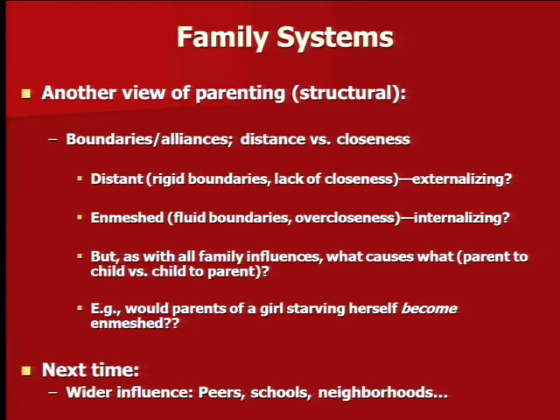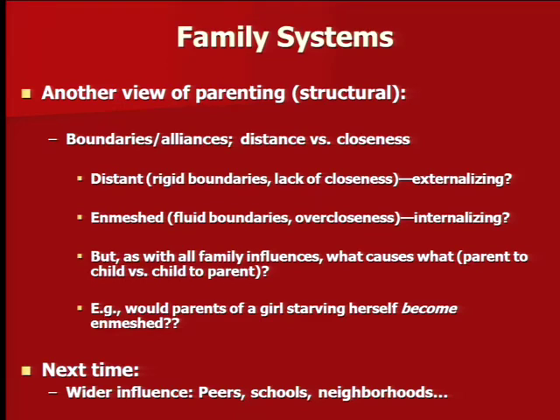It's really interesting. We're not going to spend a lot of time on it, but the research point I want to make is, how do you know that it's the family alliances and boundaries that are causing the externalizing or internalizing behavior, or is it that maybe the family boundaries and closeness and alliances are the result of the kid's behavior? So if you've got a teenage boy who's right on that progression to juvenile hall, stealing stuff, can't trust alone in the home, aggressive, truant from school, maybe you distance yourself. Okay, sucker, you move out then, if you're such a big shot. So is the distant, not much love, big generational divide, a cause of or actually a consequence of the externalizing behavior.